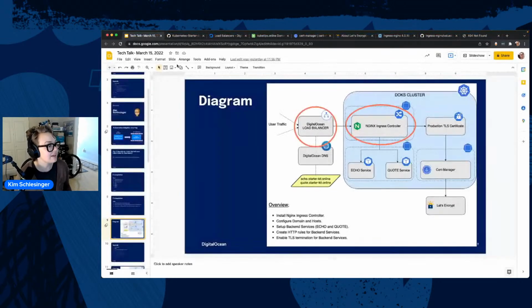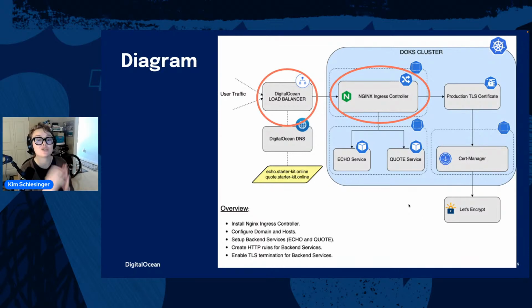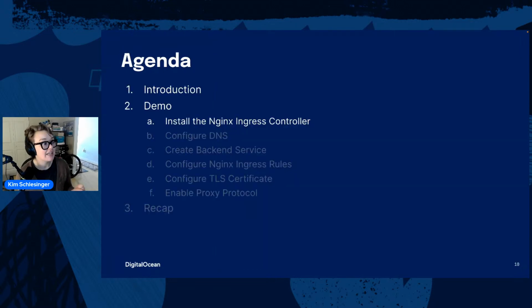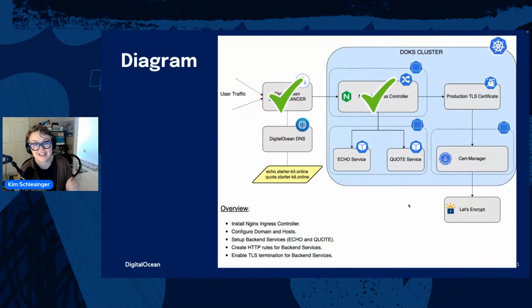So let's go back, take a look at the agenda. So what we just did was install the Ingress controller inside the cluster. That also created the DigitalOcean load balancer. So now we have a public IP address where we can direct our user traffic to. And so the next thing that I want to do, we've already done that, is I want to configure my